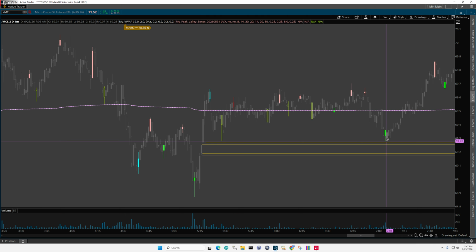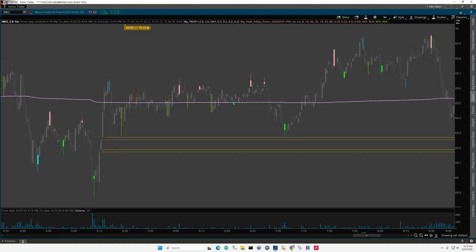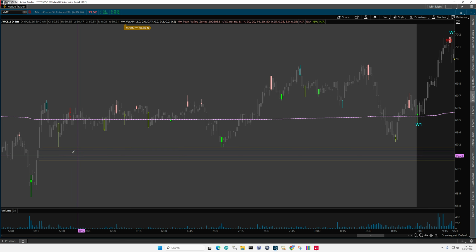So we get a test of the area almost, but it doesn't come down and fill this gap. So that's essentially bullish. We had another test right there, and you could potentially say even just a higher low here where it didn't even come down and test. So let's move into